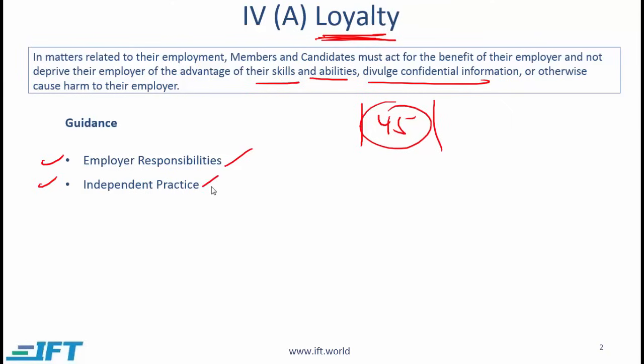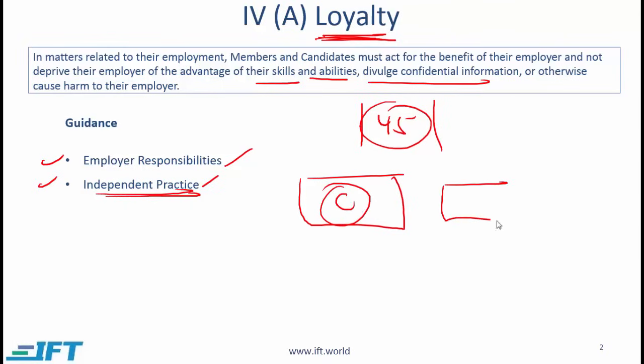Next one is important and testable: independent practice. Let's say you work for a particular company and are thinking of starting an independent practice. So perhaps you are thinking of working late nights or the weekend, and you want to do something which might possibly conflict with what you are doing at your employer. If you are thinking of something like this,